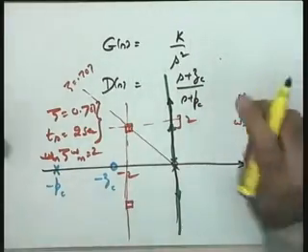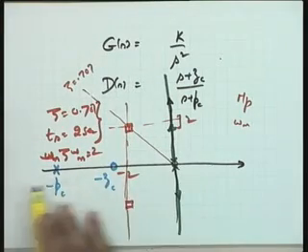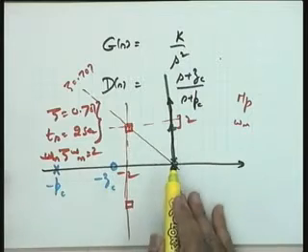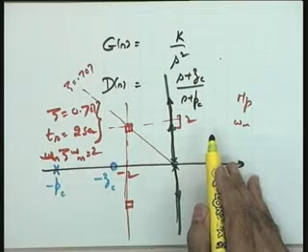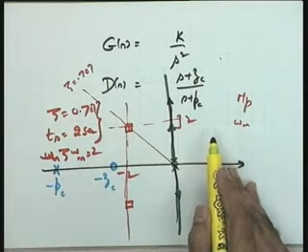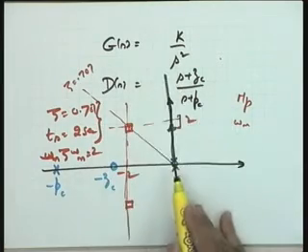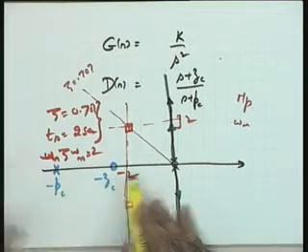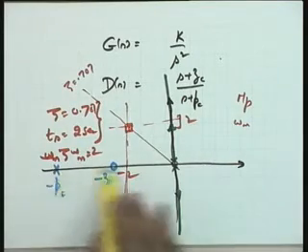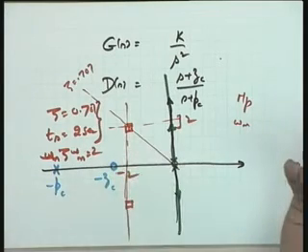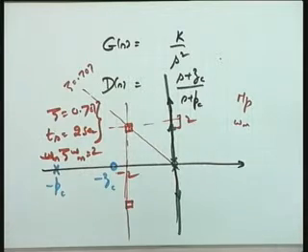I am going to give you guidelines as to how to locate these pole and 0, but sure that their sequence will not be interchanged. A 0 is going to be closer to the imaginary axis compared to the pole. This at least is very well set, because otherwise it is not a phase lead compensator, otherwise it is not a derivative control. So keeping that in mind, I have placed a 0 here and a pole here, but I do not know the distance between the two and the location of one of them. If I give you the location of one of them and the distance between the two, it means the 0 and the pole are located.